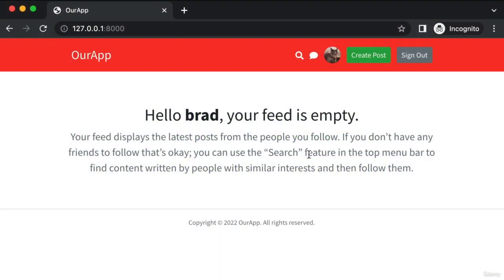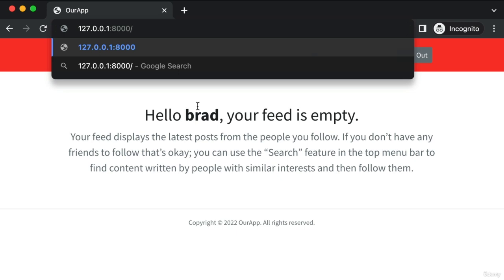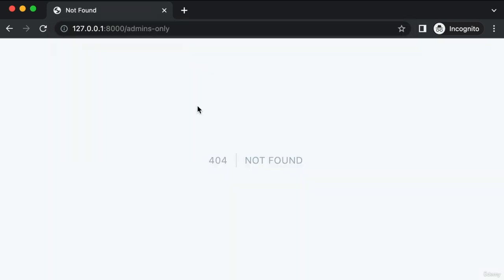Okay, so in this window, I'm logged in with Brad, and you know that in the previous lesson, we said that this user account is an admin user. So imagine if we wanted there to be a URL of /admins-only, and it's in the name, right? Only an admin should be able to visit this page. So before we even ask ourselves what in the world is a gate, let's first just go set up this